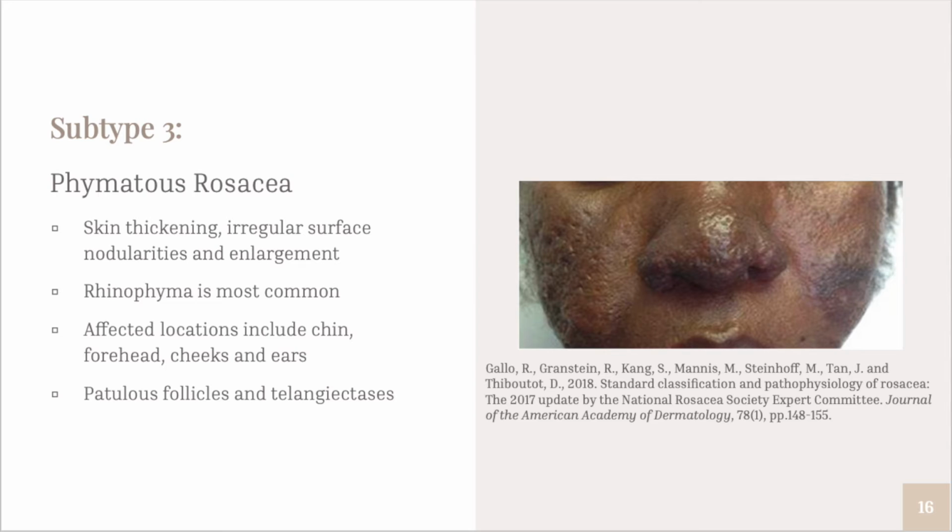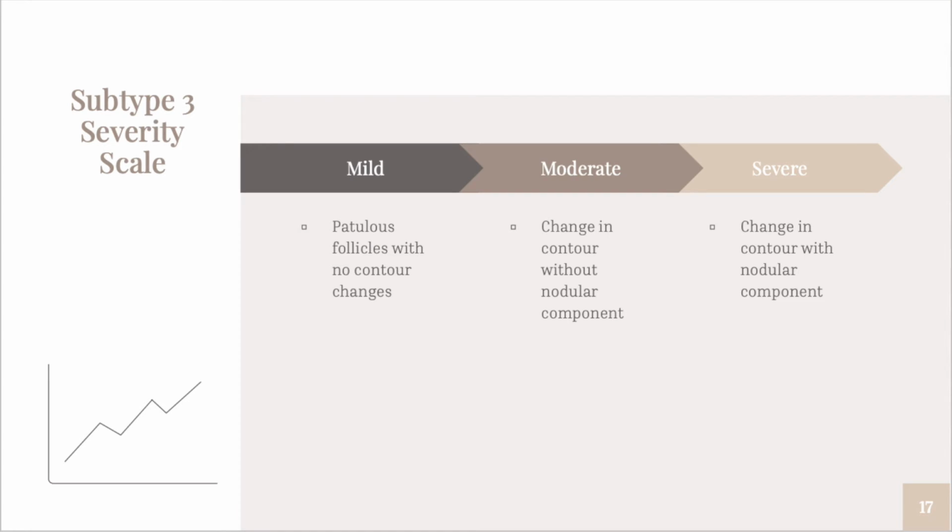Other affected areas also include the chin, forehead, cheeks, and ears. Patulous follicles and telangiectasia are also possible. Mild phymatous rosacea is characterized by patulous follicles with no contour changes. Patulous follicles are follicular openings in the skin with keratinous plugs, and contour changes refer to skin thickening and enlargement